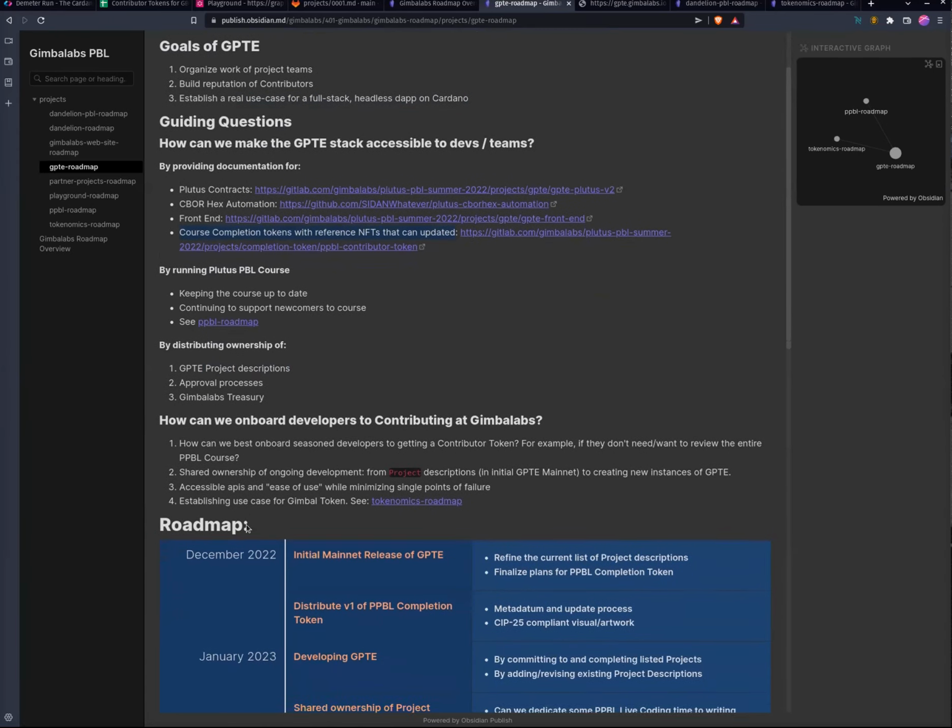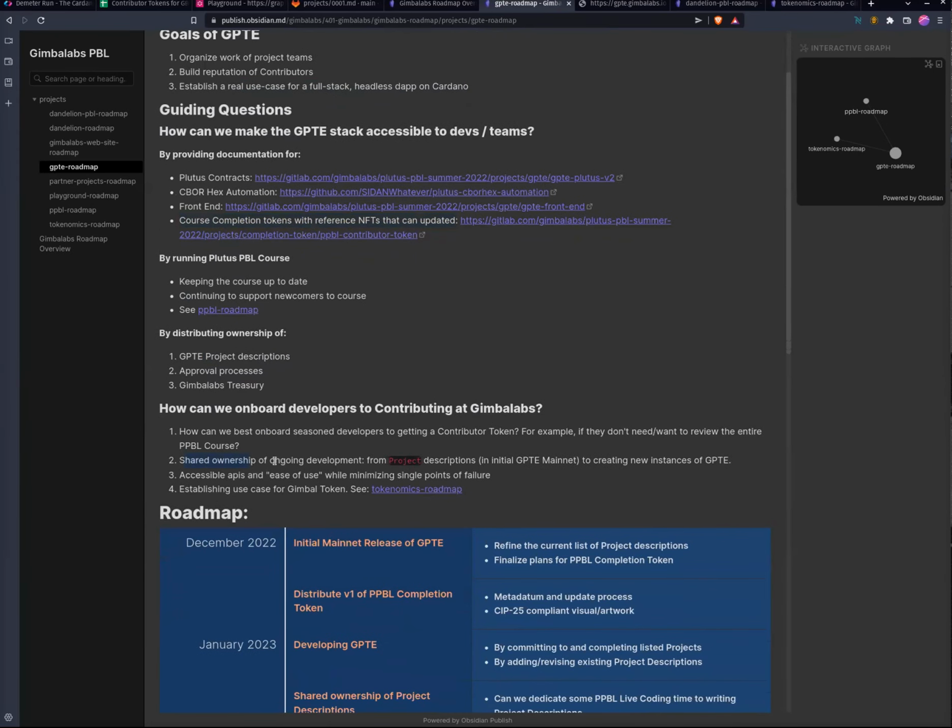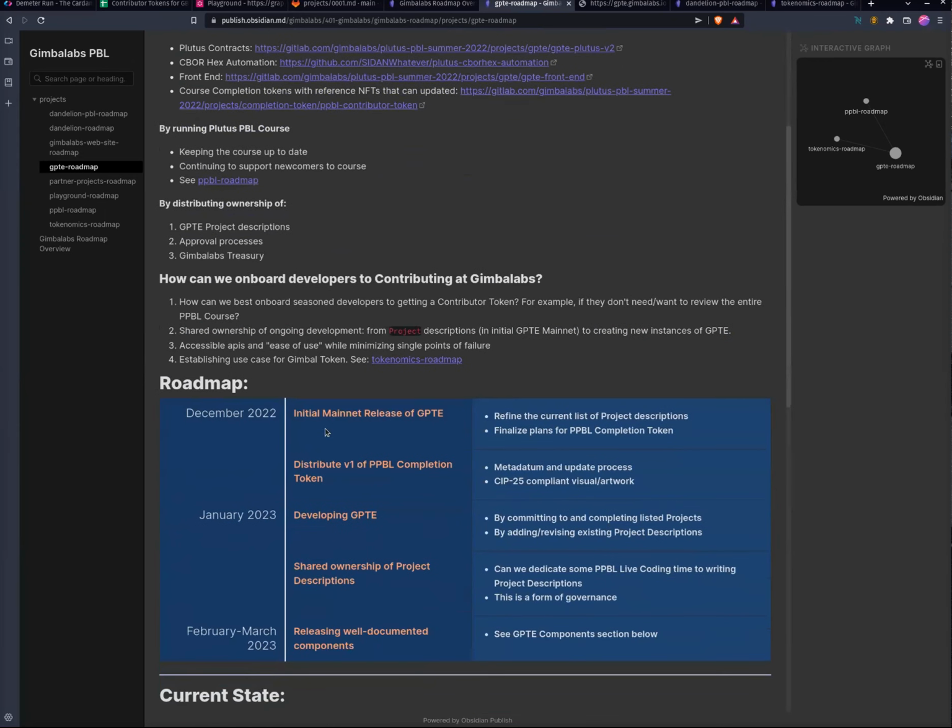And this is where I'm really trying to get: shared ownership of these project descriptions. Okay. And so hopefully, starting as we release this thing and as people are now able to take on projects, I hope that we can build up some systems for regularly